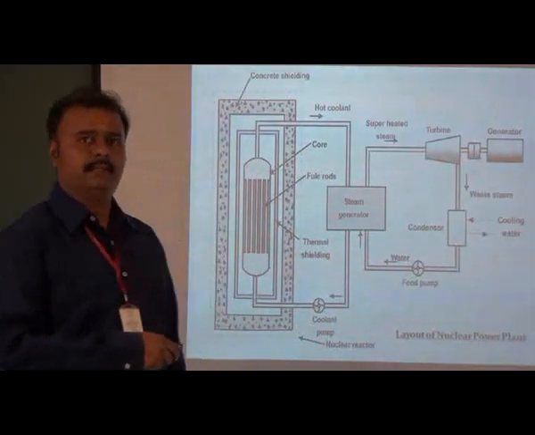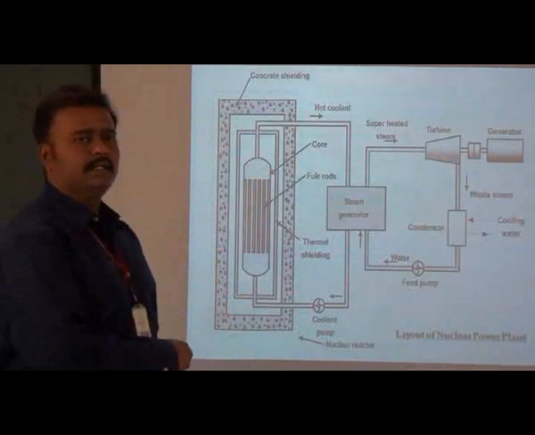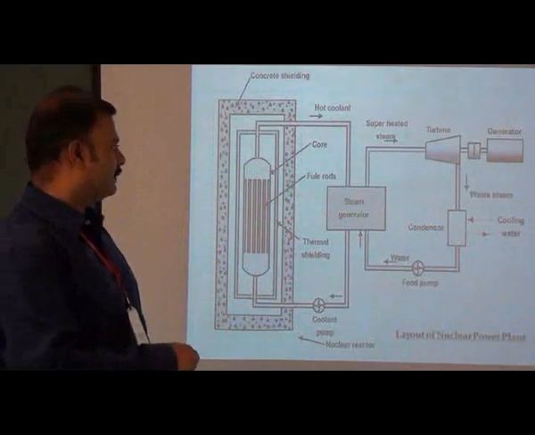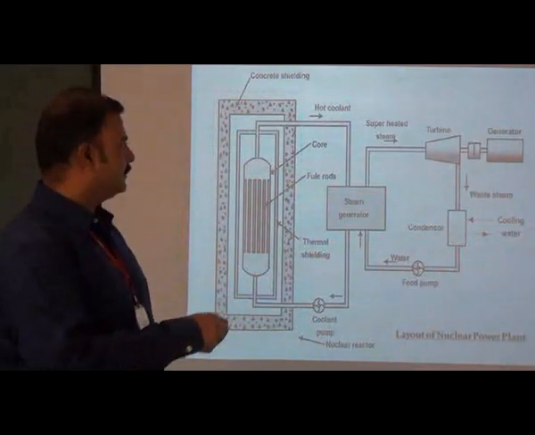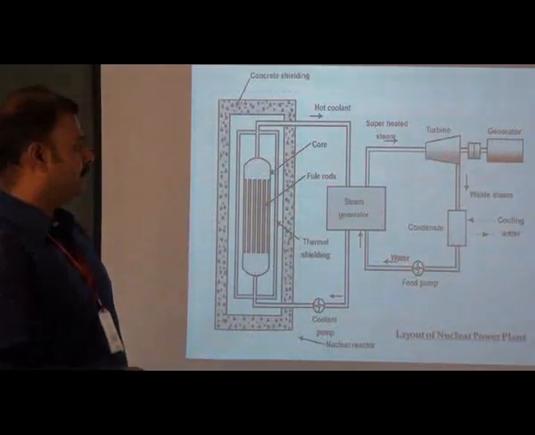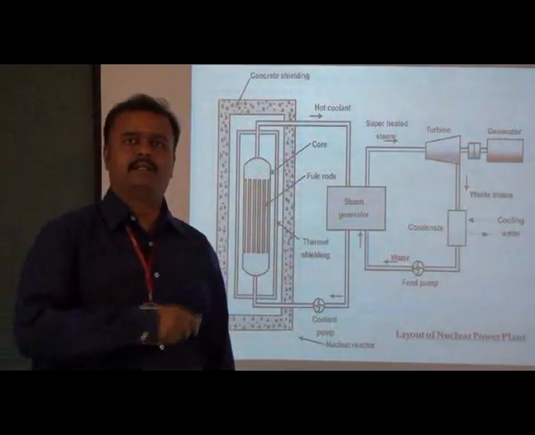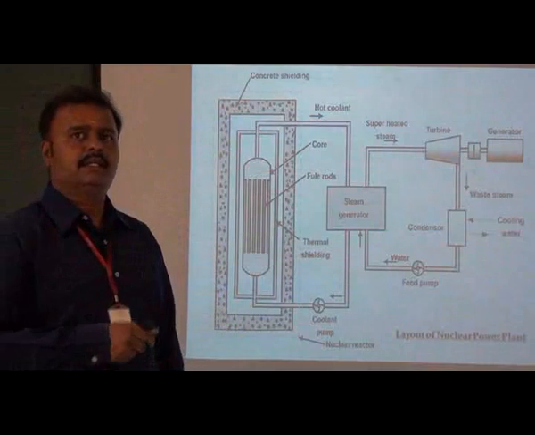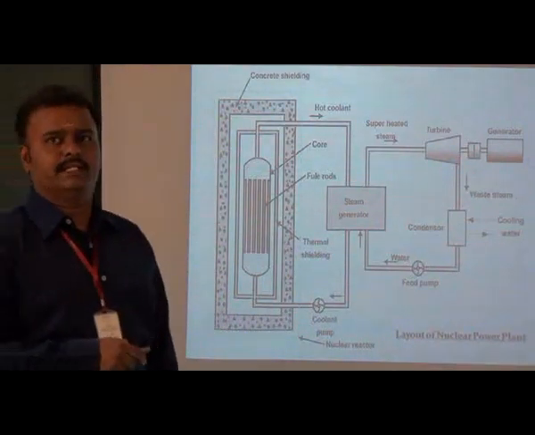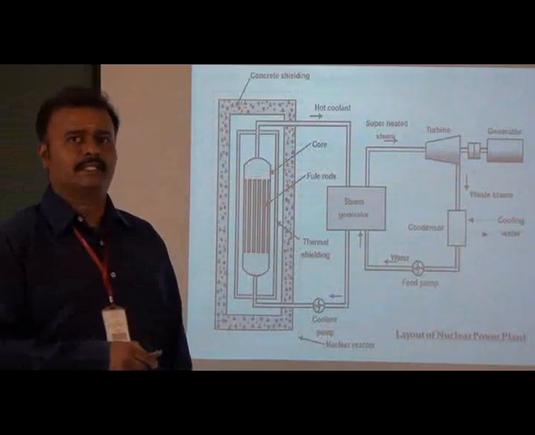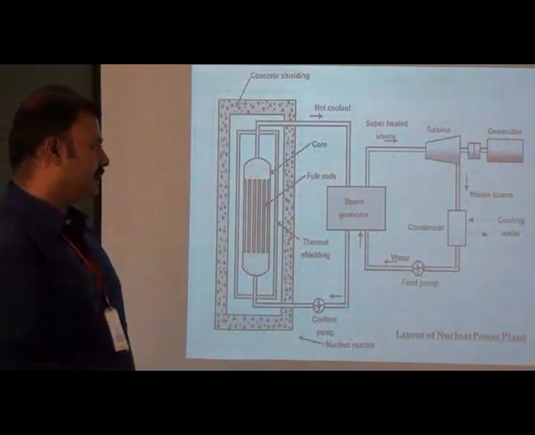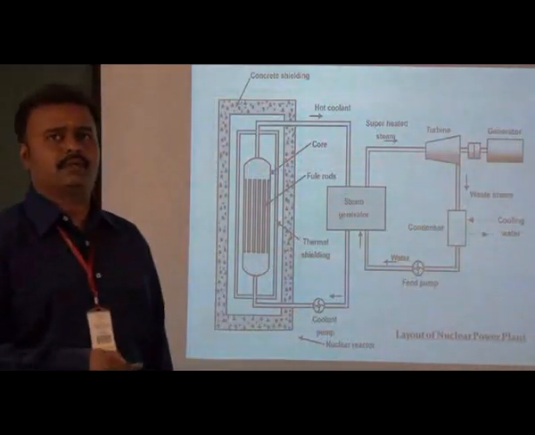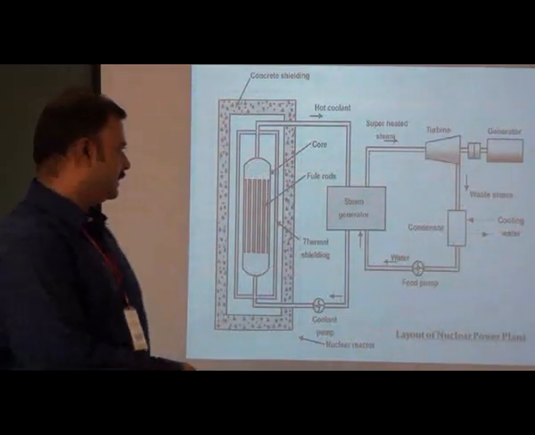This is a combined cycle power plant. Here the heat which is produced during the nuclear fission process is utilized to heat the water coming from the secondary circuit. The secondary circuit is nothing but a steam turbine power plant. One main disadvantage in the nuclear power plant is the nuclear waste disposal. How can we dispose of the nuclear waste? Because the half-life of the nuclear waste is so many years, we want to keep the nuclear waste carefully. So that is the main disadvantage of this nuclear power plant. The main advantage, as we already know, is that 1 kg of uranium is equal to 4,500 tons of coal.